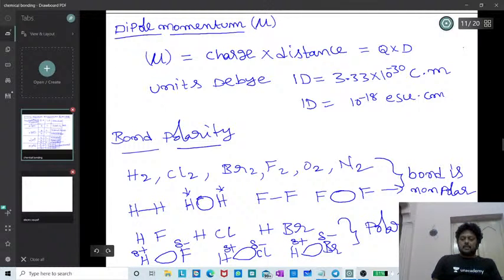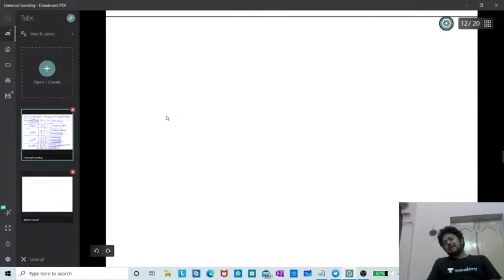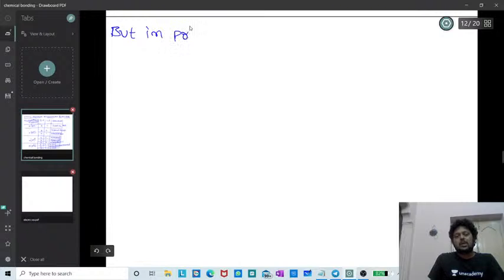So now I am going to tell that in a homodiatomic molecule, it will be like that. Homodiatomic or heterodiatomic molecules: if the bond is a polar bond, the molecule is polar. If the bond is a non-polar bond, the molecule is non-polar. But in polyatomic molecules,